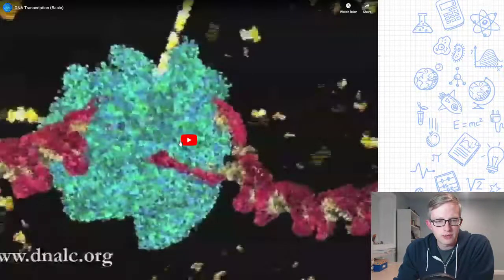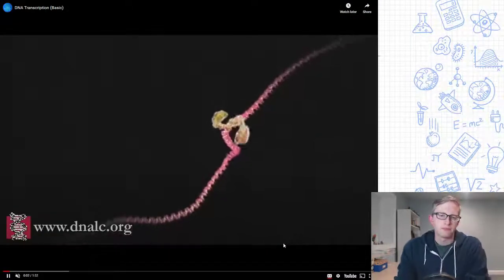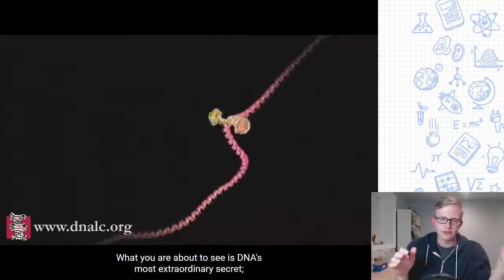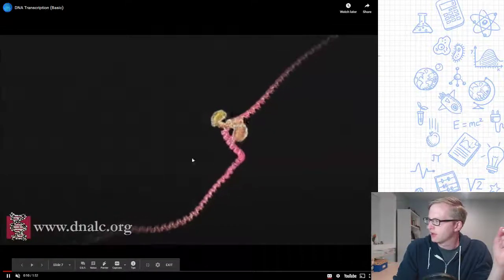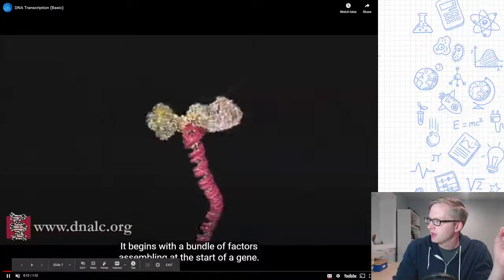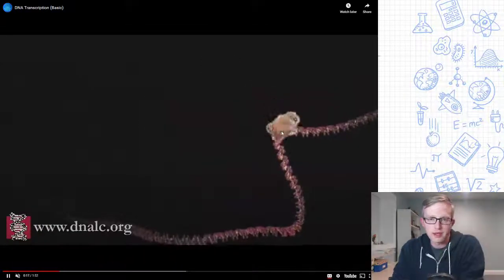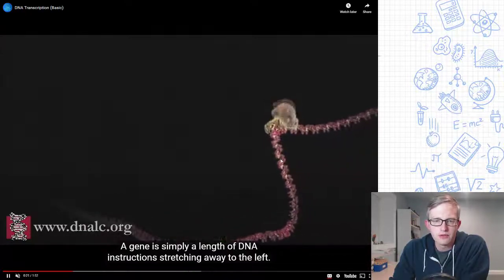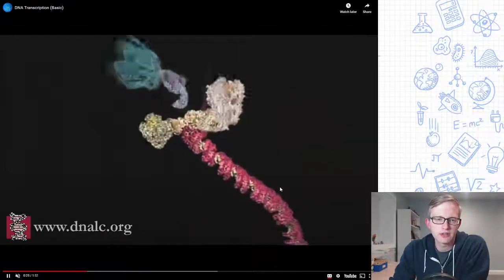And so I'm going to show you this quick little video clip. We'll see if this works. Okay, so I'll post a link for this so you can go back and actually listen to them talk about it. But what we're looking at here is a DNA molecule. You can see it. And this is a little protein here called RNA polymerase. And RNA polymerase is the protein that's actually responsible for turning the DNA into RNA. It's responsible for that process of transcription.